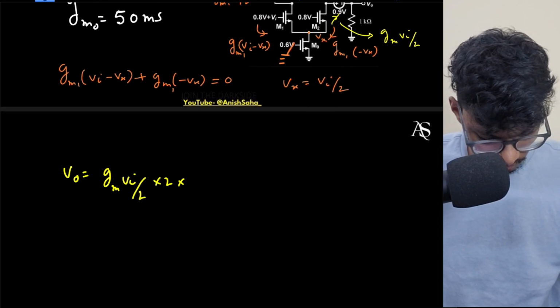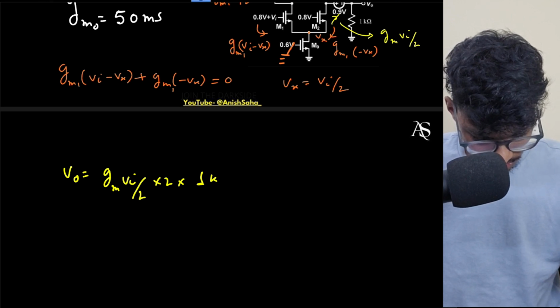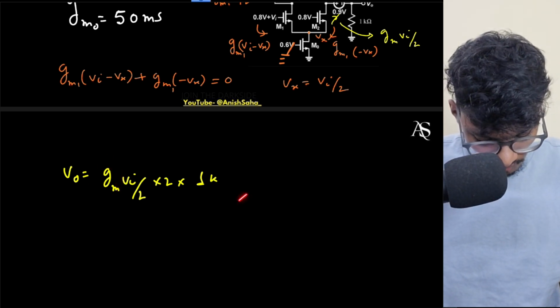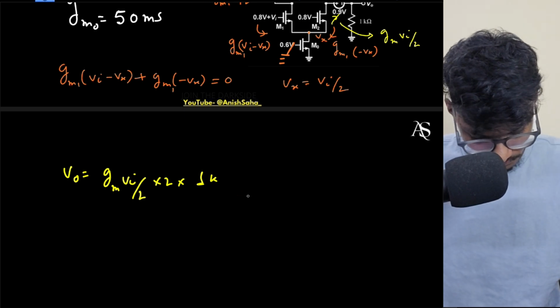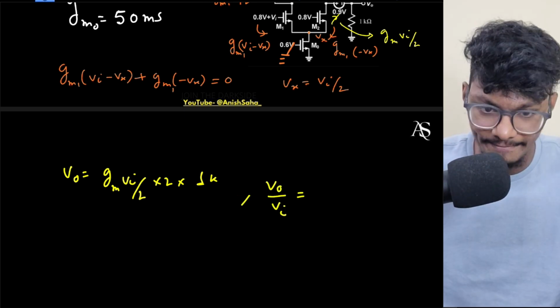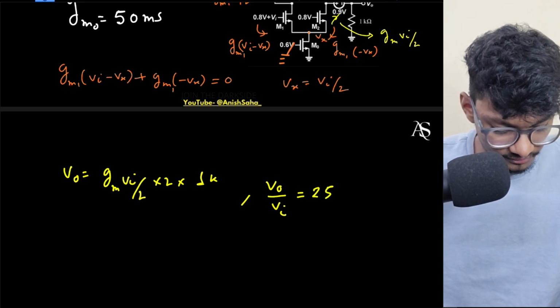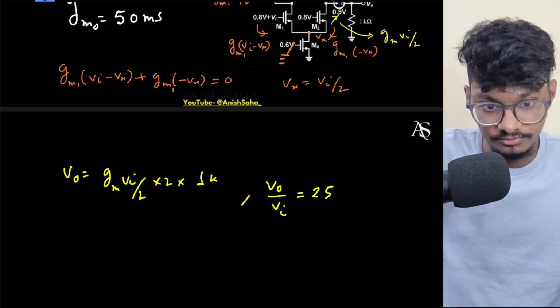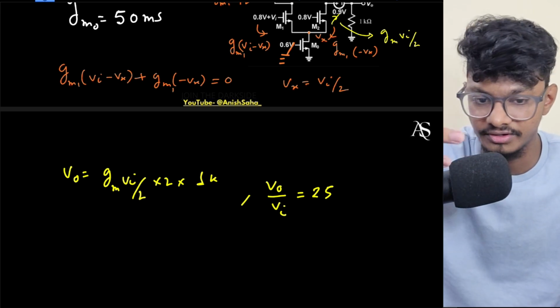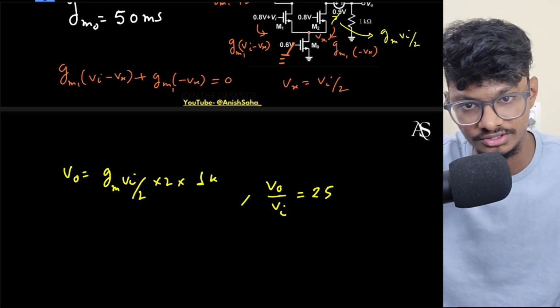Basically R is 1 kilo, right? And remember this GM is in milli, so kilo and milli get cancelled. So basically my VO over Vi is simply equal to GM into 1 kilo, that is 25, the GM of the M1 to M4 transistors. The GM of M0 is 50, but M0 is anyway not coming into the picture